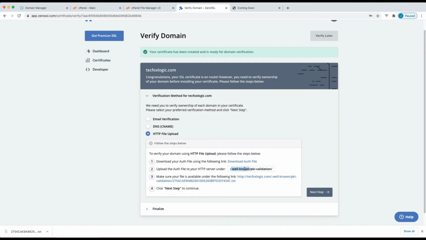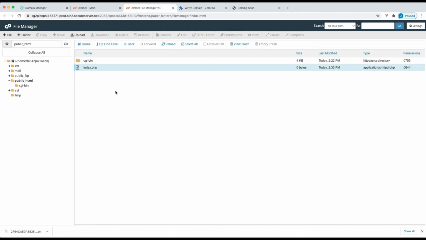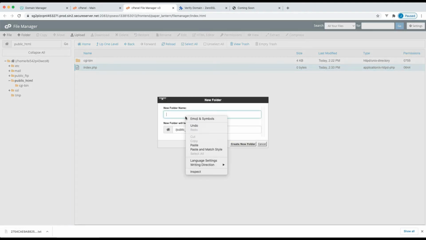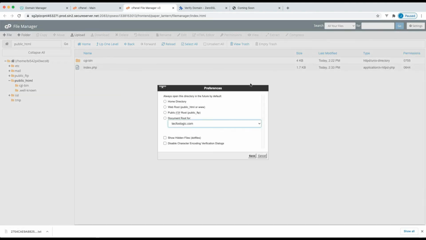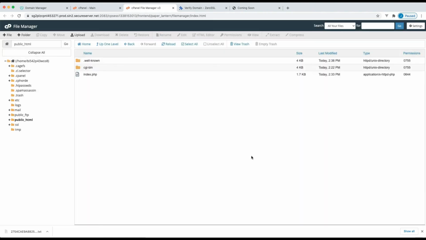Let's go to the hosting panel. Here we can create the .well-known folder. Files starting with the dot are most likely hidden on the server. So let's go to the settings and select the show hidden file. Now you can see the hidden file.